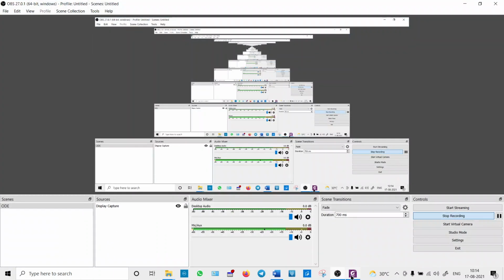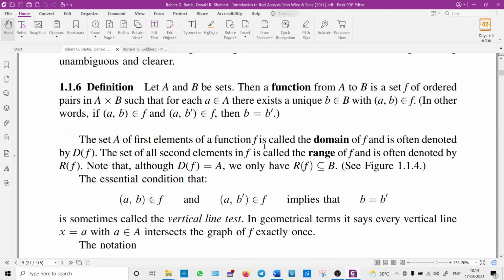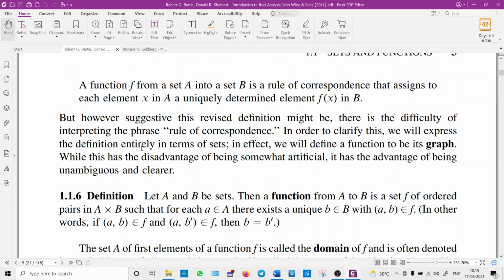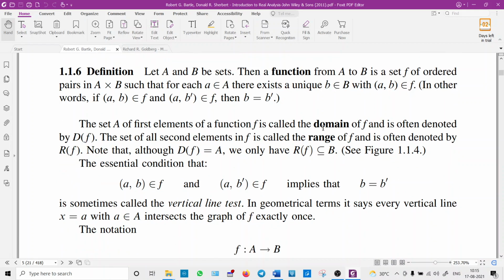And you can see here all the definitions. What is a function? Just now we studied it in depth. This is the main definition for real analysis. What is a function? It is a set of all ordered pairs. Just now I explained both ways: in ordered pairs and using the general function definition. Okay. What is a domain? Here it is denoted by D of F, the domain of the function F. I have given the example just now. You can see which is the domain. What is the range?